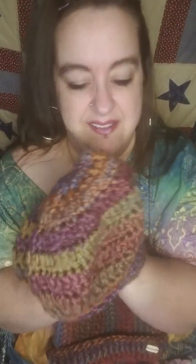The other bulky yarn that I tried was, sorry if you bounced, you're on my bed with me, Red Heart Gemstone yarn in the color agate, if that's how it's said, I'm not sure. I started out making this ponytail beanie, like that. I didn't care for it. That colorway was so busy, it just didn't impress me, so I kept on playing with it, and I made this hat, and I think that's called the knit stitch. I like it a little bit better, but still wasn't like, oh, that's it. And I made a Suzette stitch hat with it,